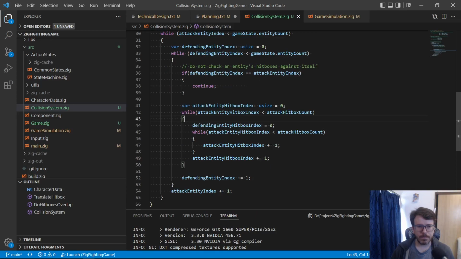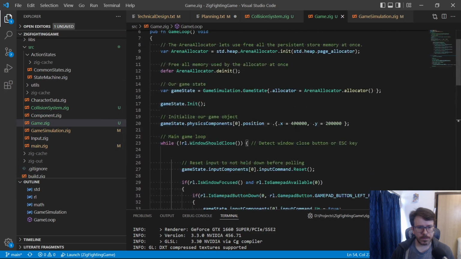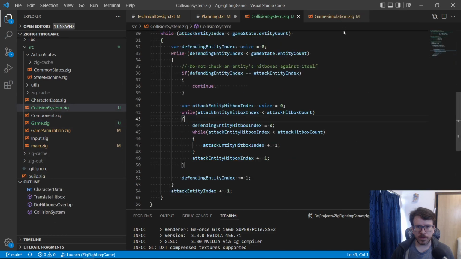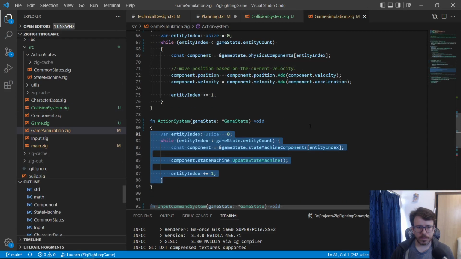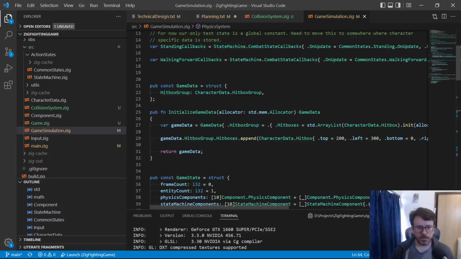Right? Well, if we go back to our game, actually we don't need to be in the game, we need to be in game simulation. We stored hitboxes in hitbox group. We just have this raw hitbox group thing. This is not going to be good for us, right? We need to think about the data in terms of per entity, right? One way we do it is just have